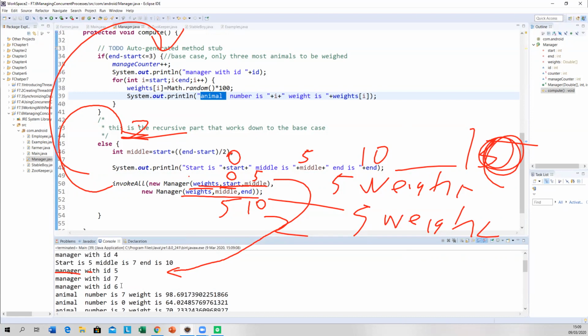They are the only 4 managers that do all of our weighing.